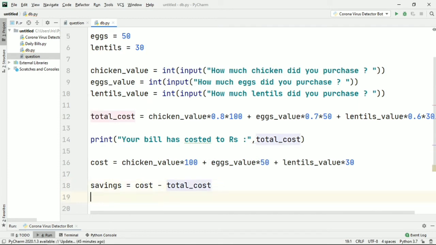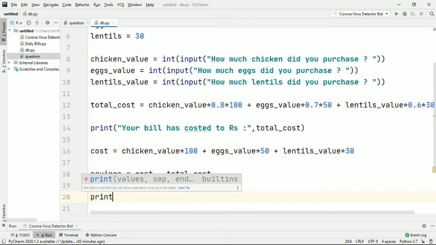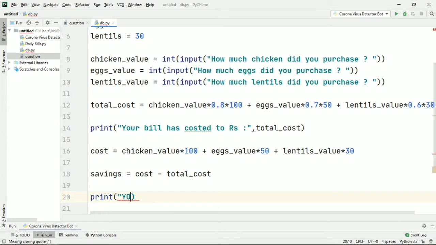So now let's print another statement saying you have saved rupees, and let's write a variable savings on this purchase.